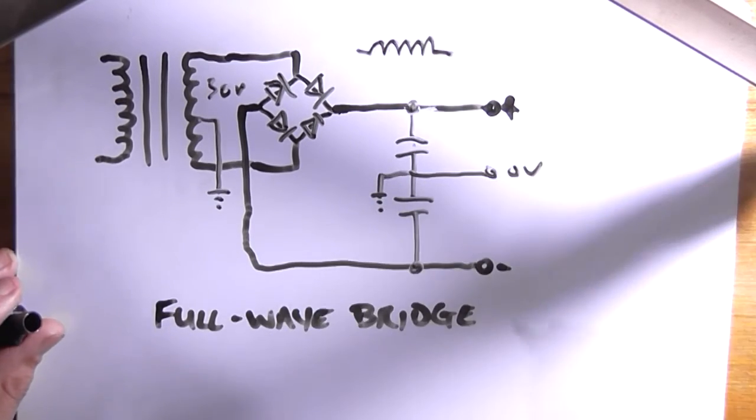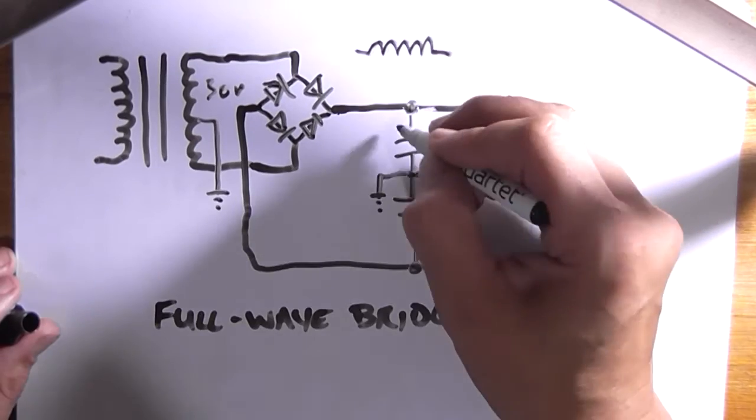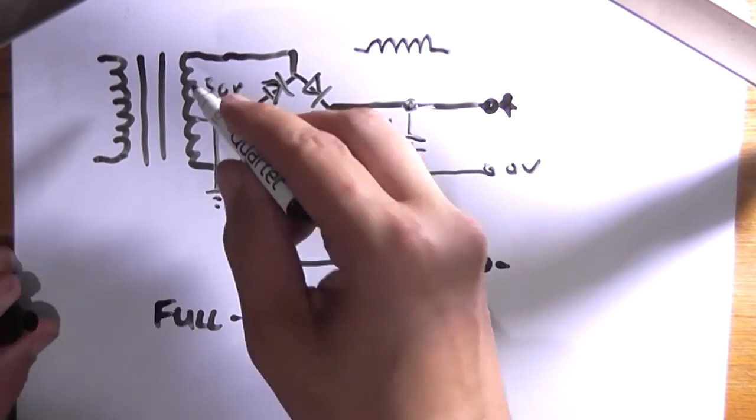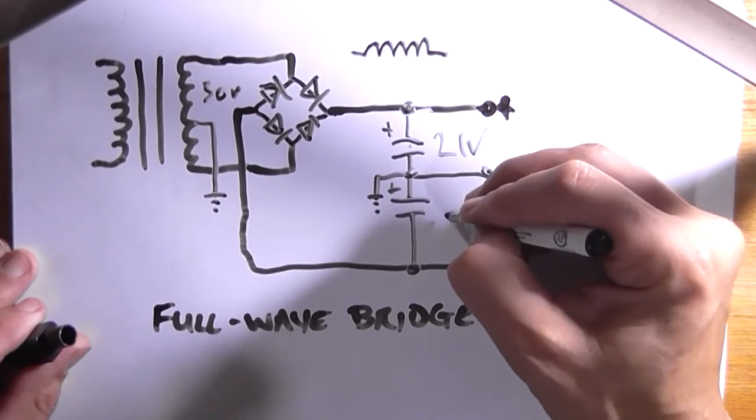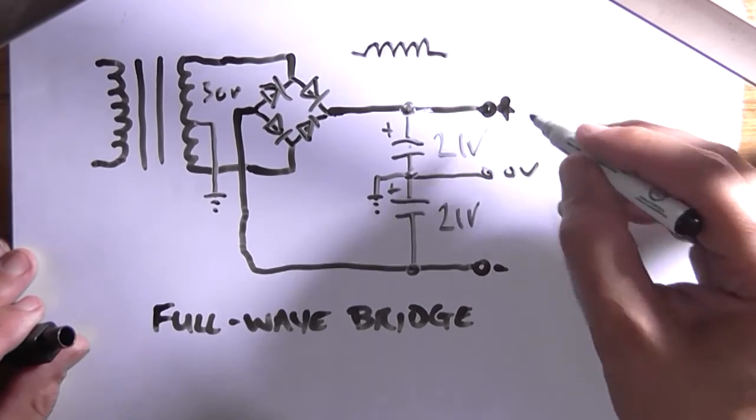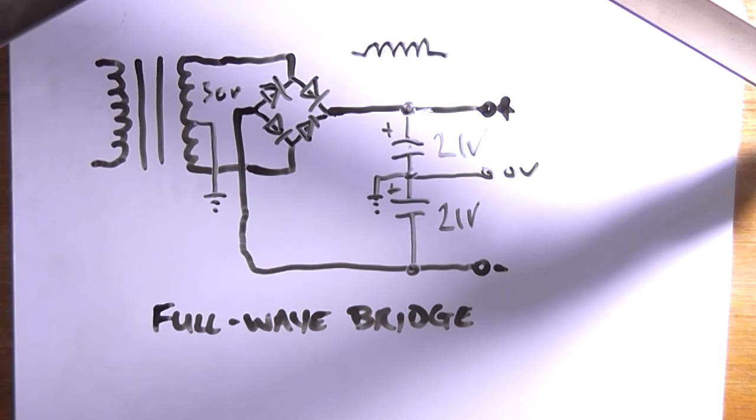And now we have a 0 volt. However, if it's a 30 volt transformer, the thing is you're only going to see 21 volt here and 21 volt here, or 42 across the lot. So let's have a look at this without the capacitors on an oscilloscope, and then we'll get into choosing the